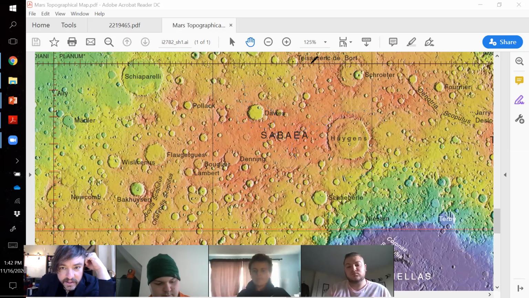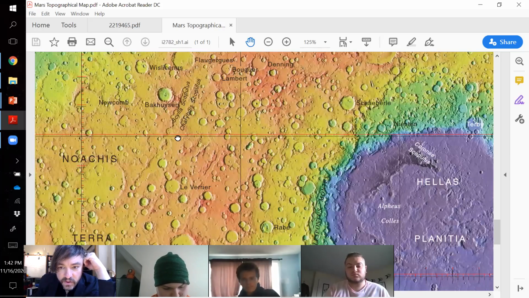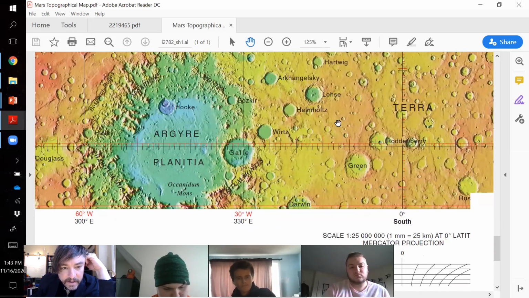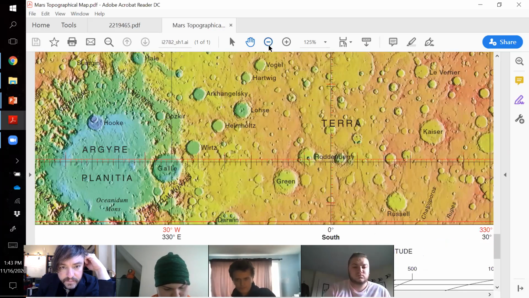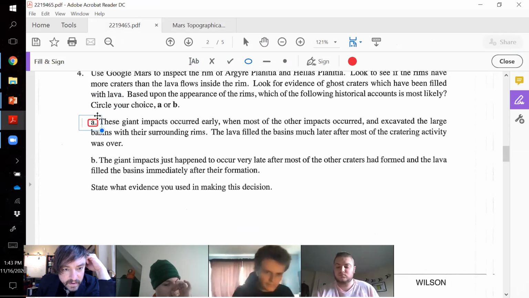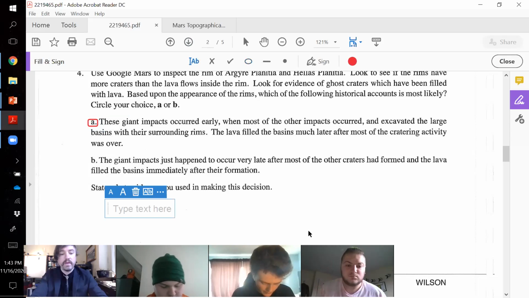Now let's take that knowledge with us and let's go down here. Notice that the rims are quite beat up and eroded, right? Especially in the Aeolis Planitia. So I guess we could say, let's see if we can circle our answer here. A. The impacts occurred early. And for the evidence, it sounds like your idea was